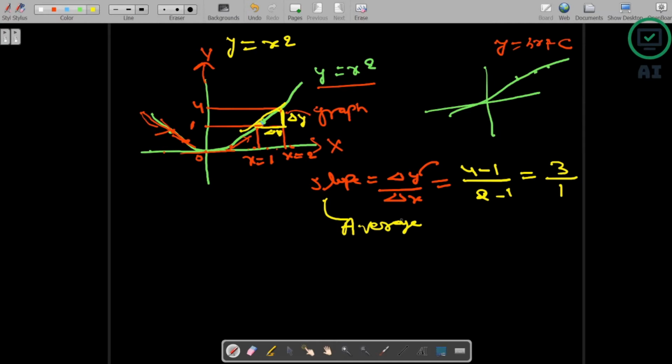So what do we mean by slope at a point? So let's take the slope at this point here where it is 0. So here the slope is 0. Why? Because if you take the tangent line here and it is parallel to the x-axis, then theta with respect to x would be 0, and as we know the slope is tan theta. So theta is 0, so tan 0 is nothing but 0. So if you take the slope at point 0, it will be 0 always.